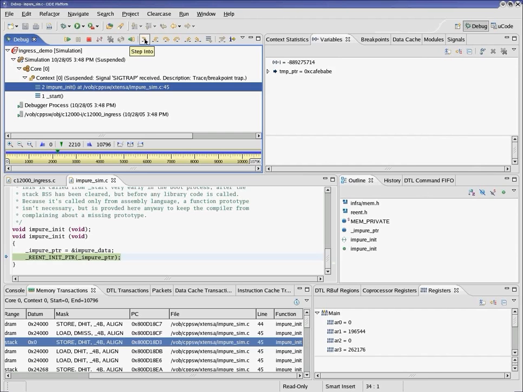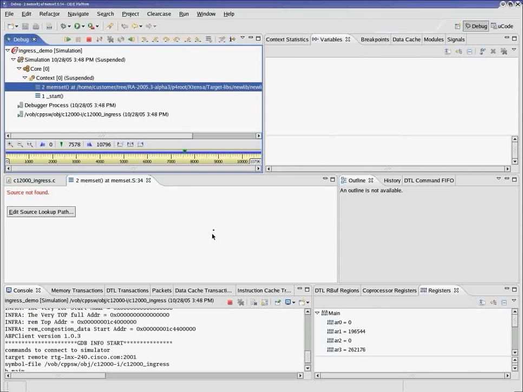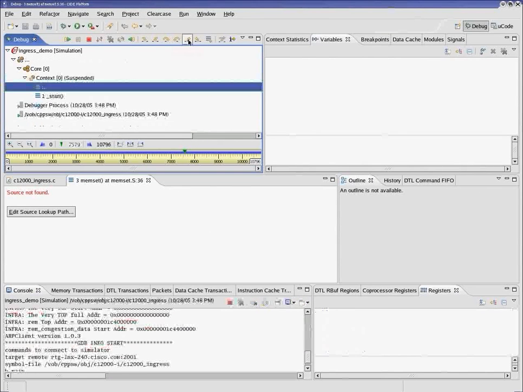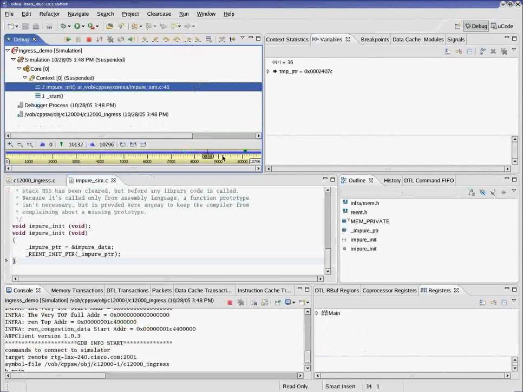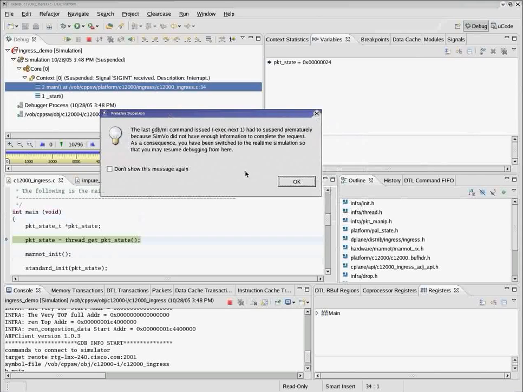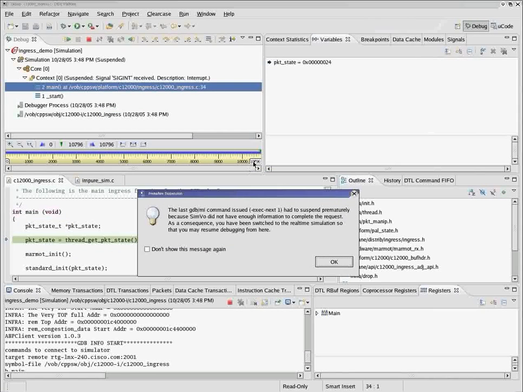All forward stepping capabilities also function while in Symvo mode. Step over, step out of. One thing though, when you get close to the current time, if you step out of far enough, a premature suspension may be necessary, because I didn't really take note of where I was before clicking the last forward stepping button, but I stepped over and the simulation did not have enough information